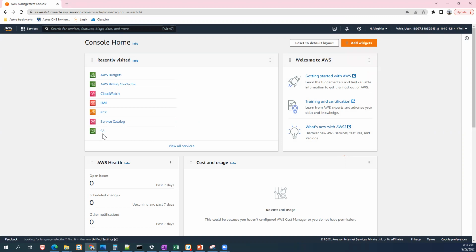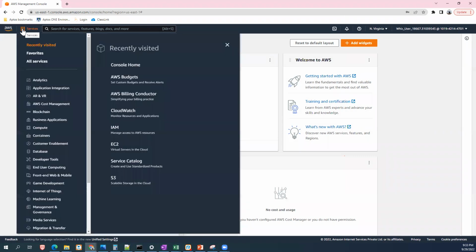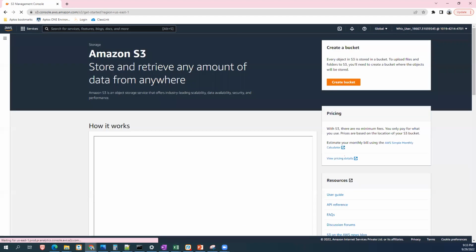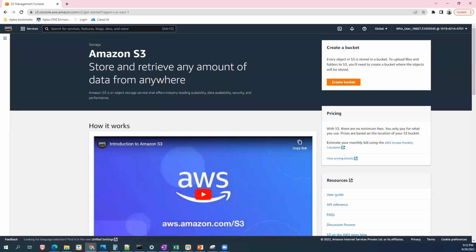See, last time we visited S3, automatically it suggests S3. We don't have to search it again. Still, if you want to get a little bit of hands on, you can go to the services here and go through the S3 bucket here. And again, the same thing. Okay, now we have to do all the steps actually, starting from create. So, okay, the old one is gone by now. Let us see if it is gone or if it is not there. I don't know. Okay, create a bucket.